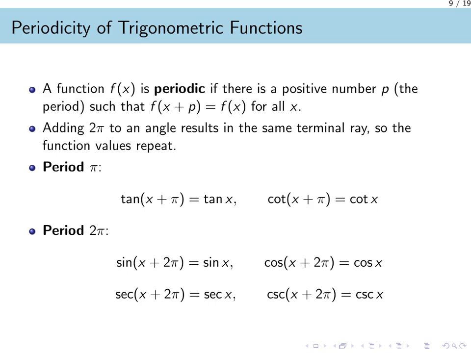For example, the values for sine and cosine repeat every time we complete a full revolution of 2 pi radians on the unit circle. It is important to remember that the period is the smallest positive value for which this repetition occurs. This gives us 2 groups to remember. The tangent and cotangent functions have a period of pi, while sine, cosine, secant, and cosecant all have a period